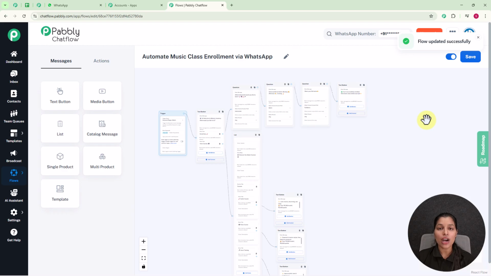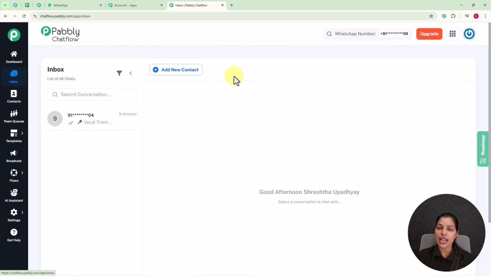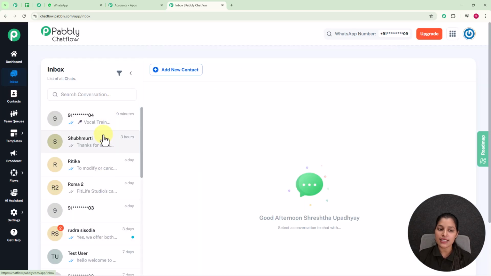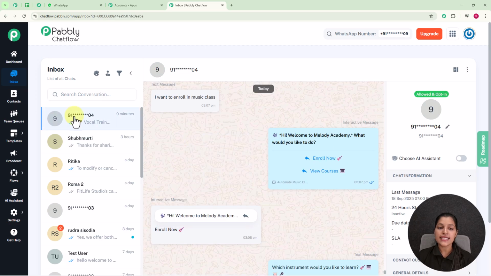Now for showing you how we are receiving message from our customer and how we are sending them the automated reply, let me take you towards my inbox section. For that you simply have to click over the inbox given on the sidebar, and you will be landed to the inbox page where you can see these are the numbers I have connected to my account, and on this particular number you can see I'm successfully receiving message from my customers and our automated replies are successfully sent or delivered to them. And one point has to be noticed that this is following the path which we have created